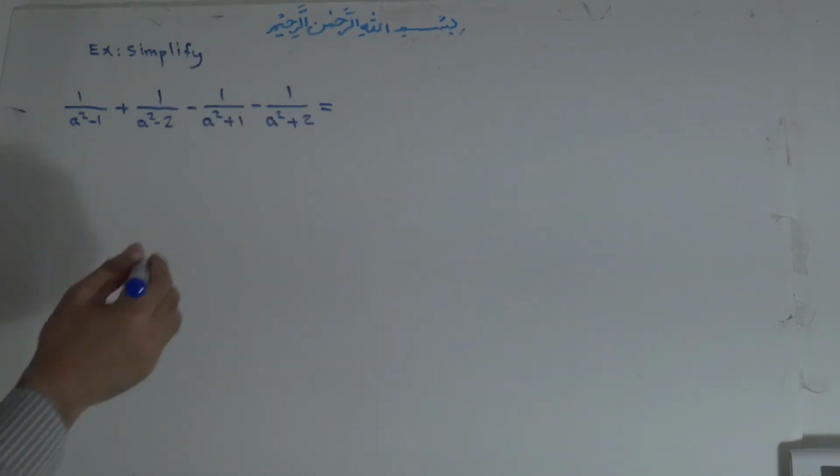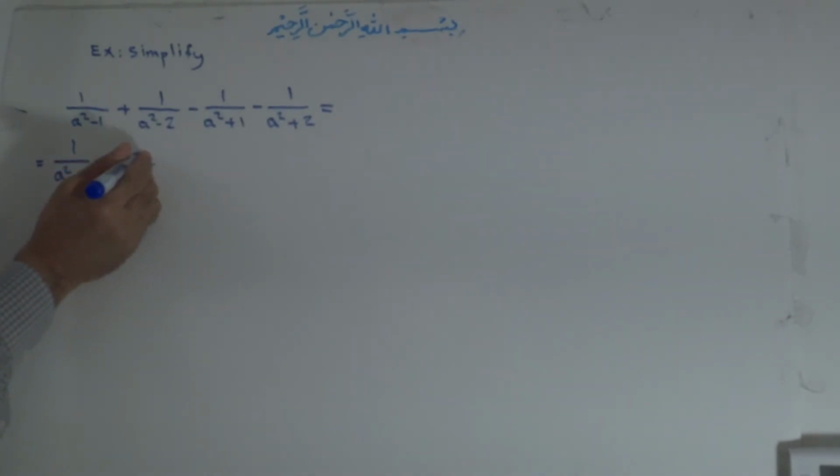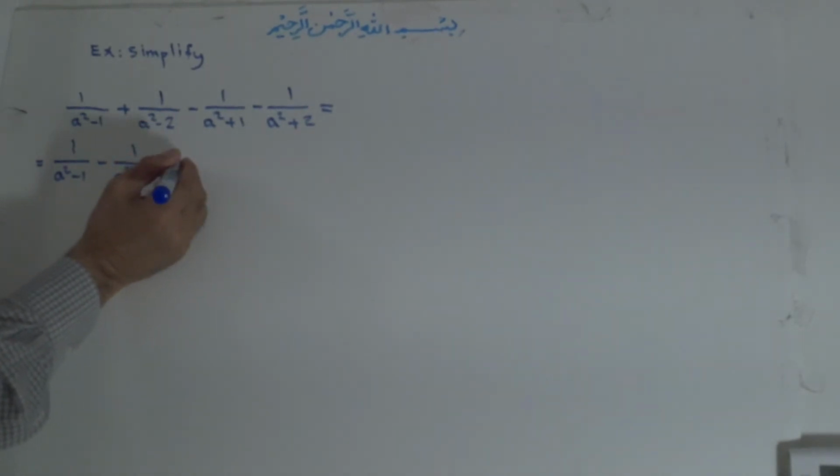In this kind of problem where there is similarity of the denominators, what we do is bring those that are similar beside each other and make a pair of the fractions like this. That's equal to 1 over a to the power of 2 minus 1, minus 1 over a to the power of 2 plus 1,